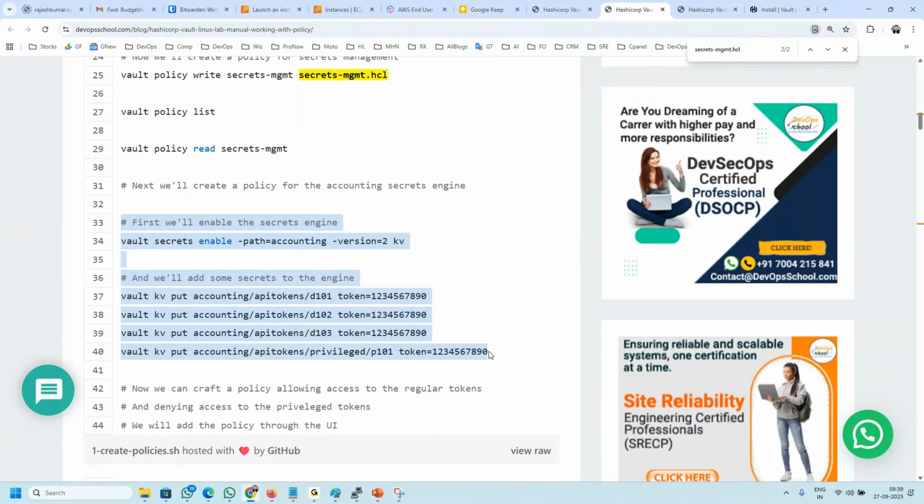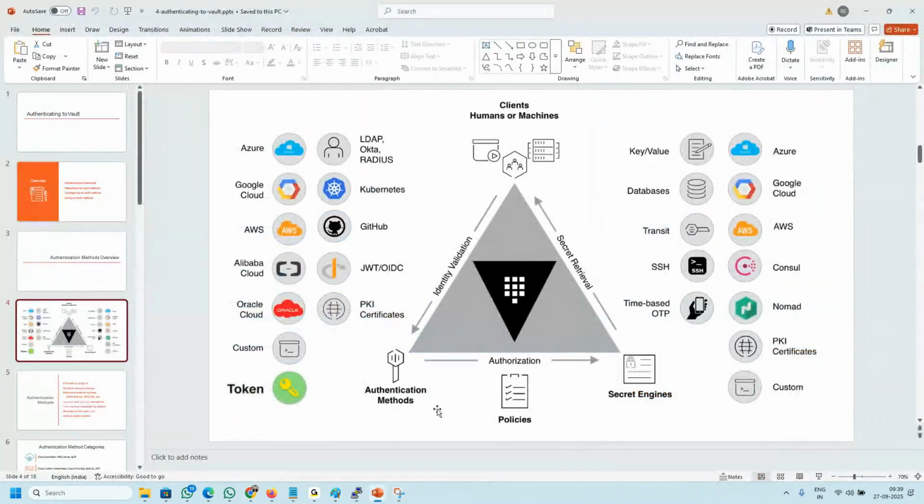What is that? If you remember this image, I'm talking about the policies, but the secret engine is where the secret gets stored, correct? One of the secret engines I said we have with Vault by default is key value. So what I am doing here,